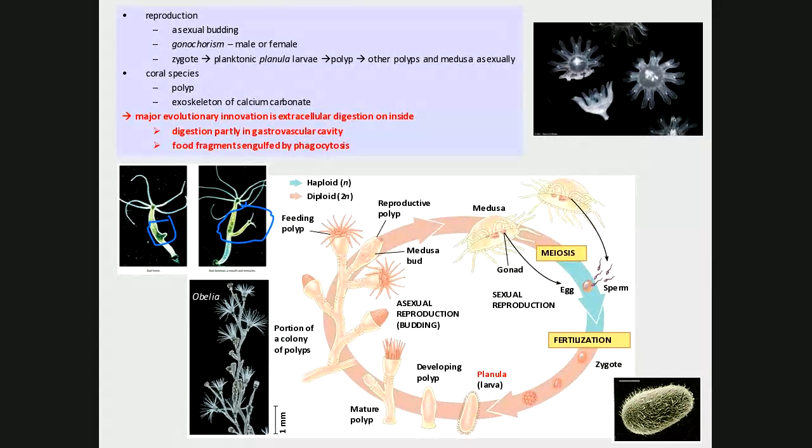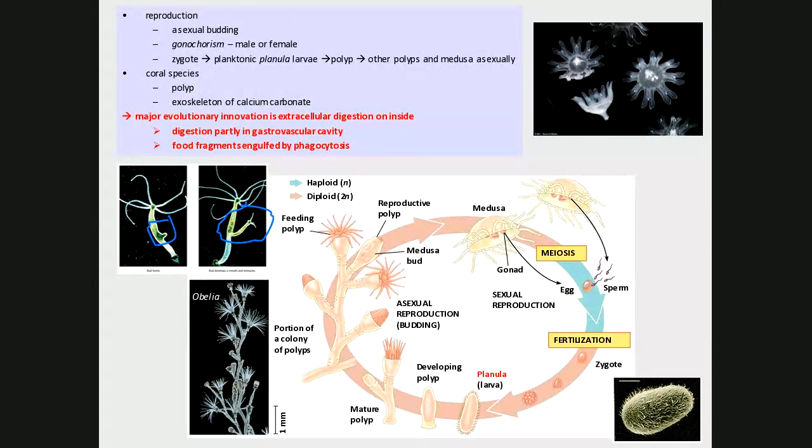In addition to that, once the zygote develops, you become a larval form known as a planula. There's a planula in the lower right, and you float until you eventually find a place to settle down. So if it hasn't become obvious to you right now how important it is for organisms to disperse, then I don't know what else to say, because they go through an awful lot of effort to do that.